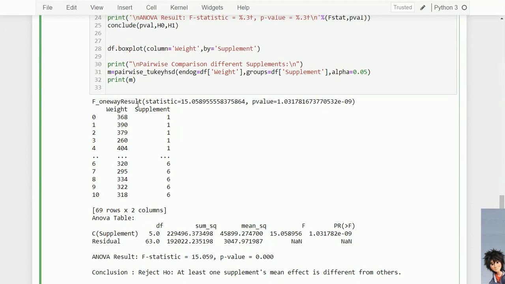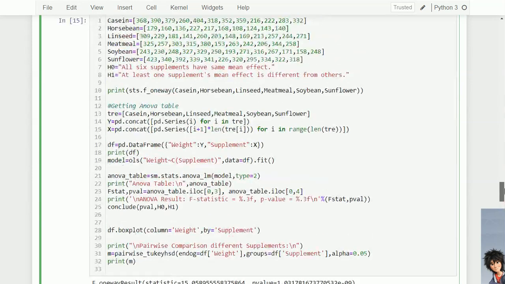We have to use that column and group the boxes with respect to supplement, so that we get 6 box plots in the same graph, grouped by supplements. Let's see what it has given.